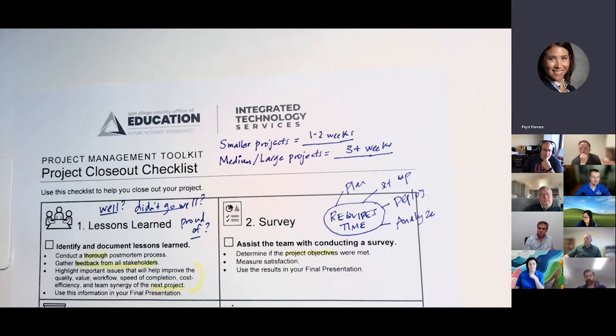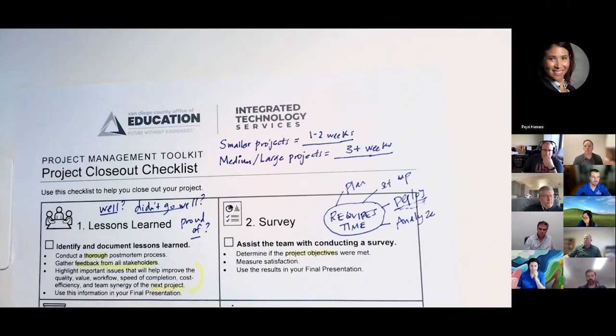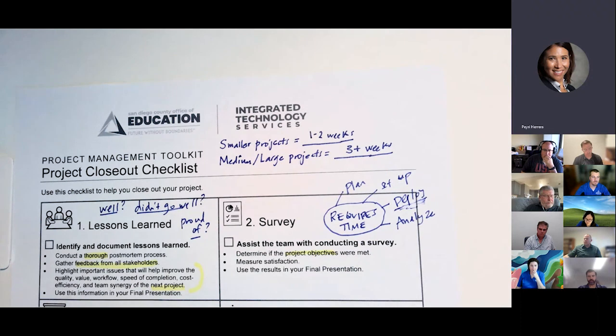So again, if you're closing your project too quickly, you might even need time before you can deploy. Maybe people need to use your solution for a week, 2 weeks, 3 weeks before you can find out what they think about it. So just think about the fact that this is an element that can really help you, having a survey to get the feedback and to find out if you're successful. It's also a great way to engage with your stakeholders, if they're teachers, principals, other district offices, students, whoever you were doing this for. It's a really great way to engage with them and have that two-way communication. Open up those lines of communication.